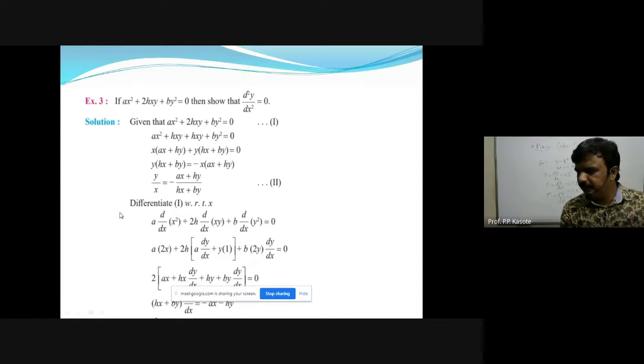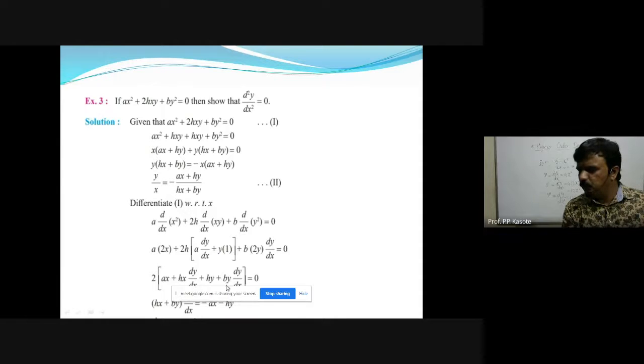That is x. It is x; mistakenly, a is printed over there. Please read it as x, or make a correction. It is x into dy by dx plus y into 1. That is first into derivative of second plus second into derivative of first. Plus keep b as it is. And what is the derivative of y square? It is 2y into dy upon dx. Now, among all the three terms, first term, second term, and the third term, we can take two common. After taking two common, we'll shift it to the right hand side, it will become 0.